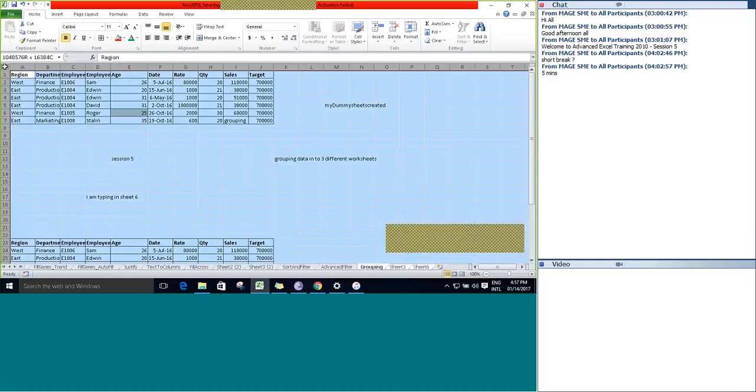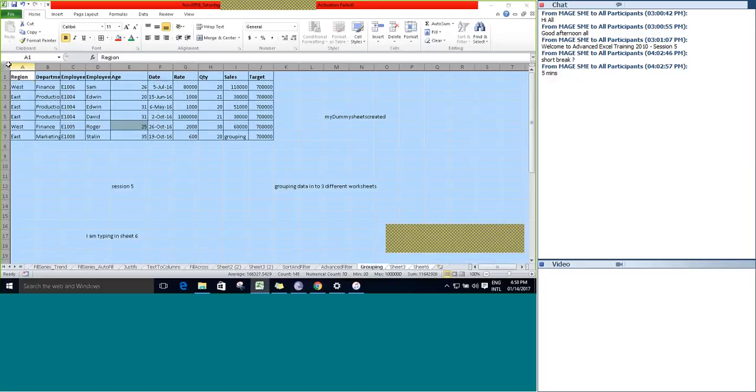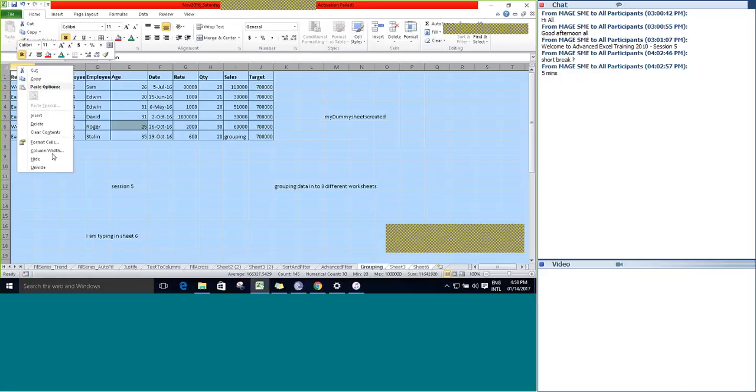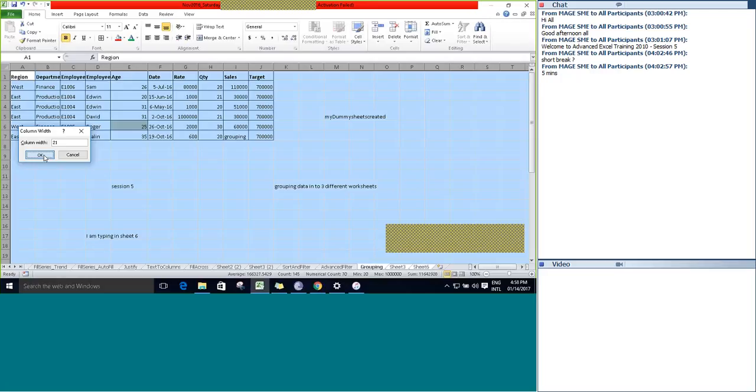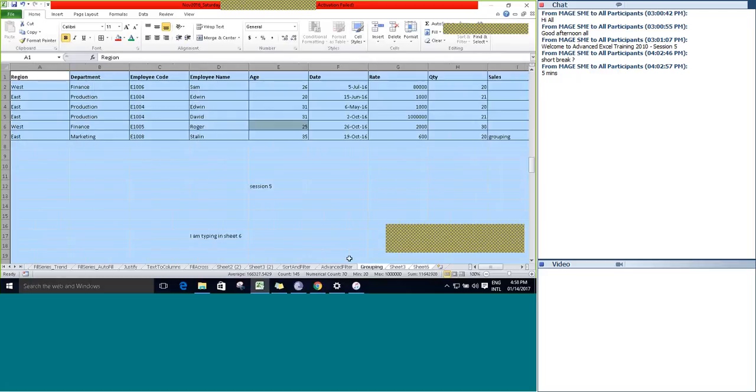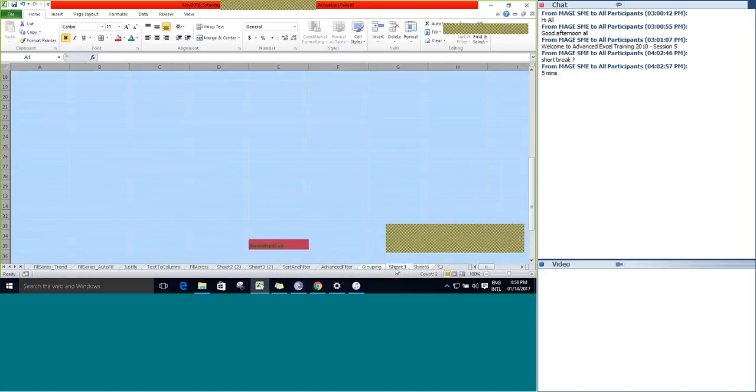Select the entire cell and change the row height to 20 and the column width to 21 and click OK. Go back to sheet 3. The same formatting can be applied.